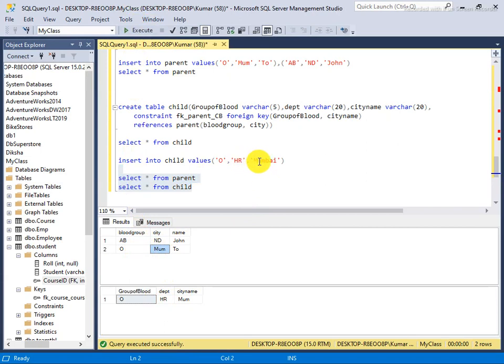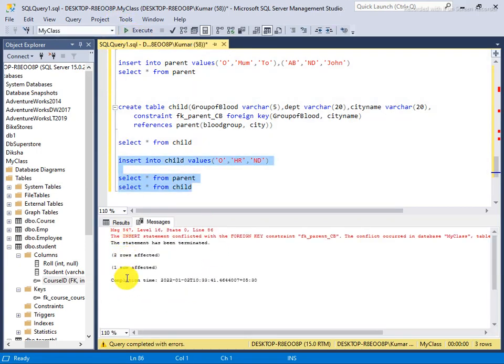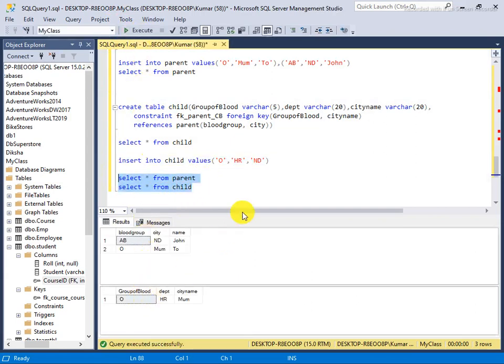The same way if I try O and ND, which is New Delhi, it doesn't exist, so the entry will not be inserted. So New Delhi does not have any entry here, not possible. So this is the combination of the foreign key.